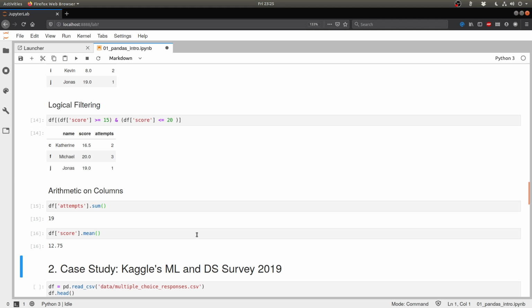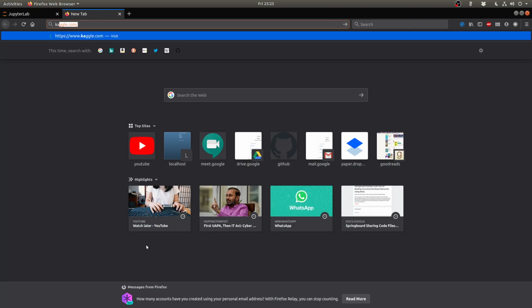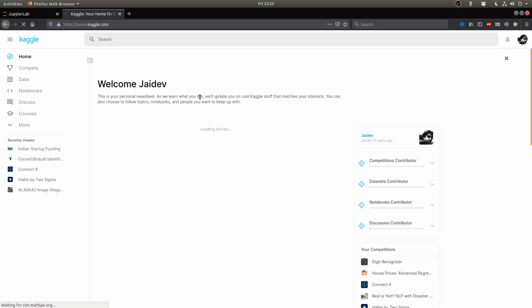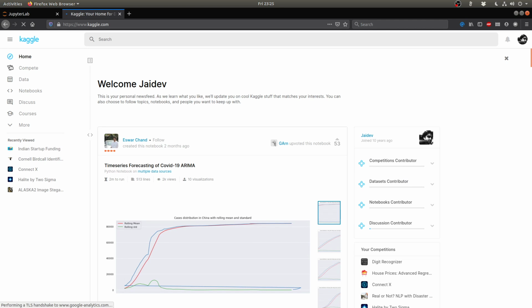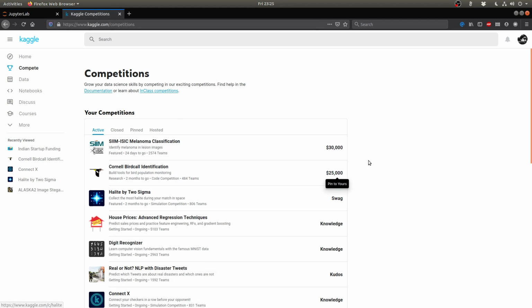Now, in order to motivate some of these examples further, what we are going to do is look at a case study. Kaggle is an online platform which runs data science competitions. If you go to this Compete tab over here, you'll see that there are a bunch of competitions that Kaggle hosts.